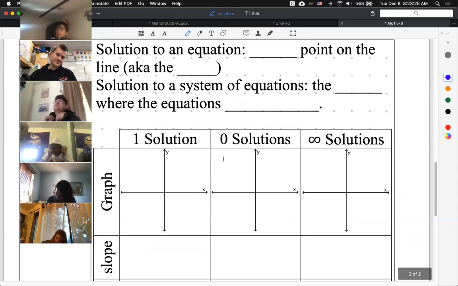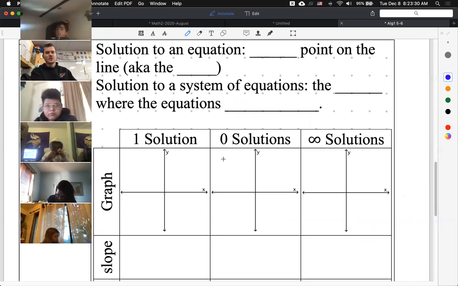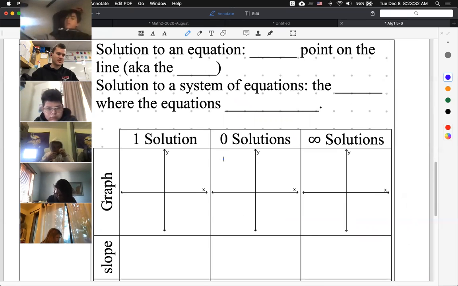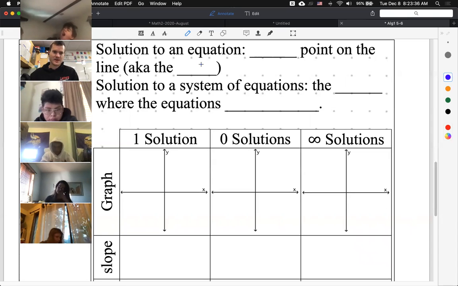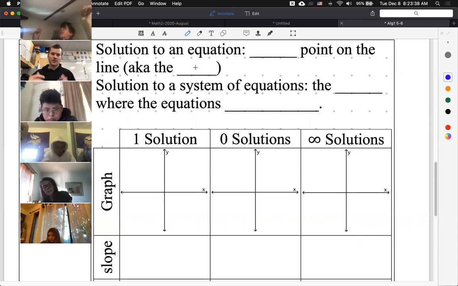All right. Finally, the back set. So getting some vocabulary in here. So a solution to an equation. We've talked about this before, but this is every point on the line. If I'm just talking about one linear equation, or just any equation for that matter, any sort of curve, if I have a curve like this,